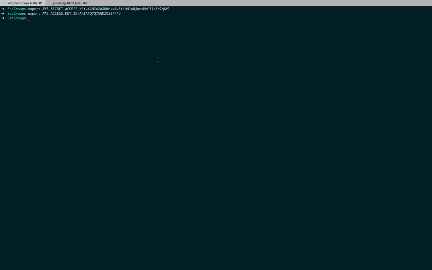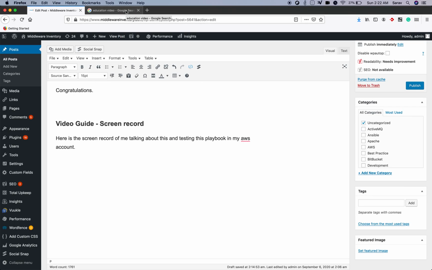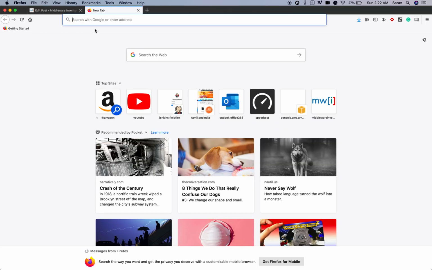These are my AWS keys that I'm exporting to my environment. So you have to do export AWS_SECRET_ACCESS_KEY and export AWS_ACCESS_KEY_ID, something like that. These values would be specific to you, and you would be able to generate them in the IAM screen of your AWS management console. If you would like to know more about how to generate this, I have written an article, so you would be able to read it.